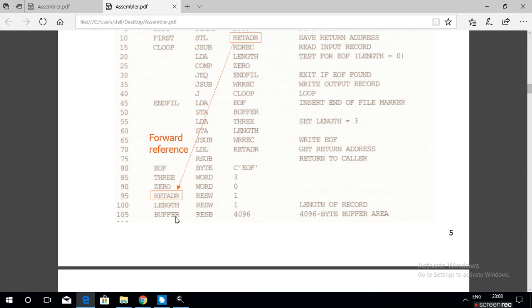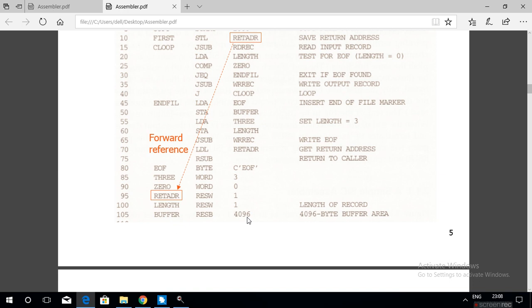Next, reserve byte. RESB, reserve byte, is an assembler directive.